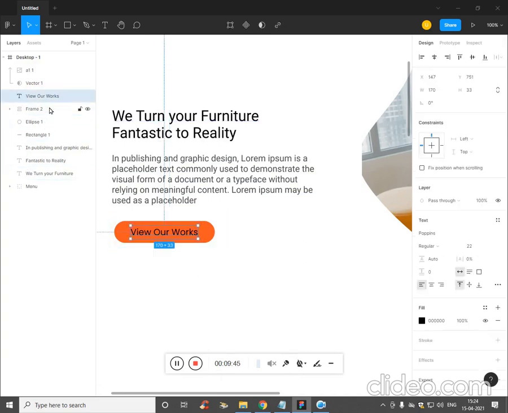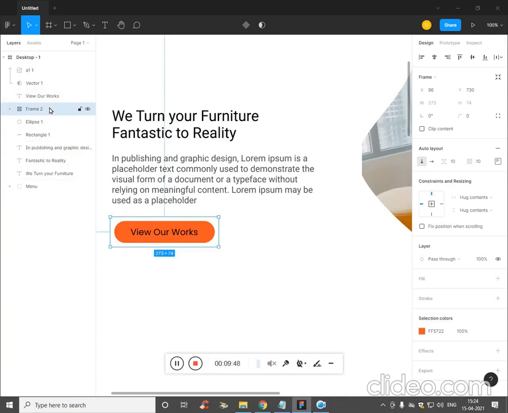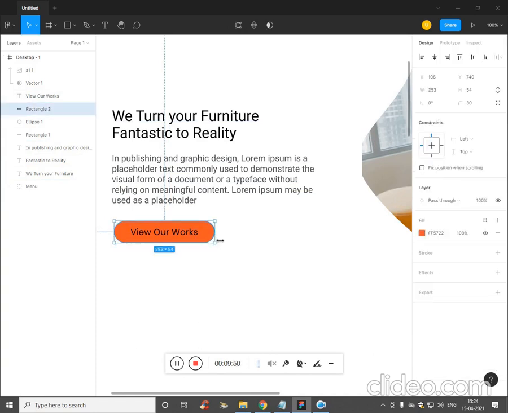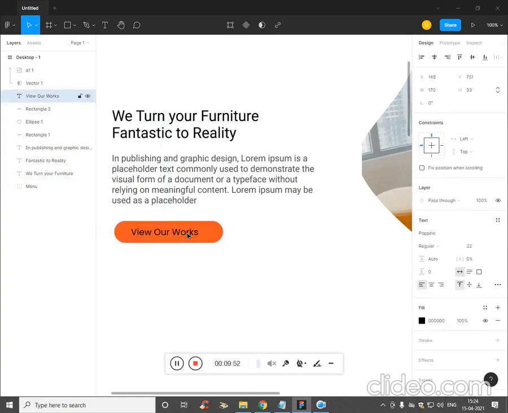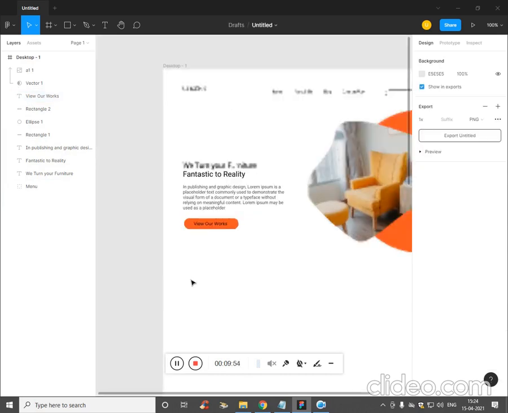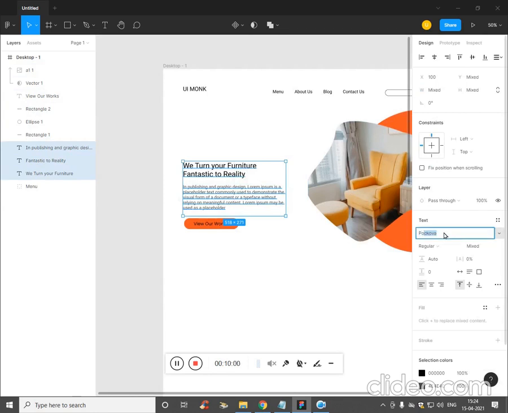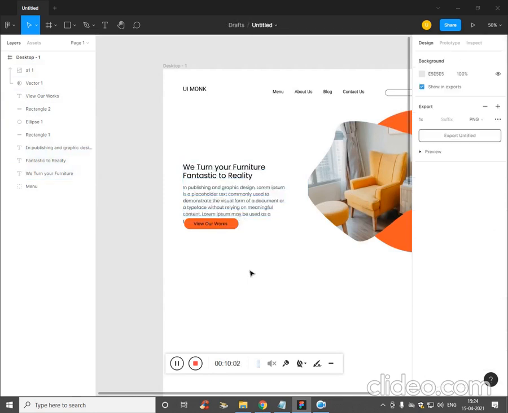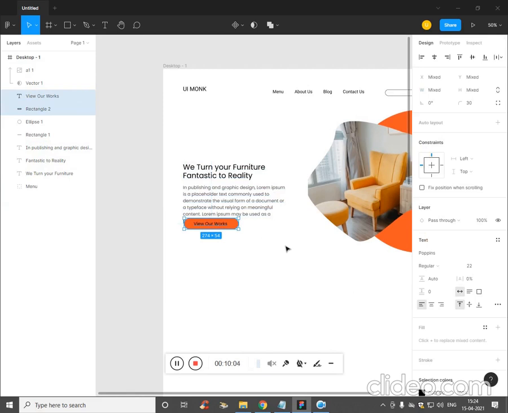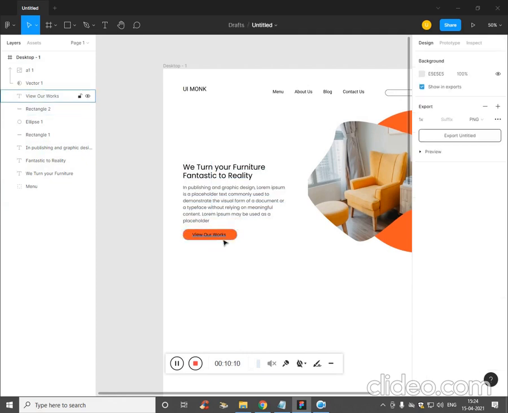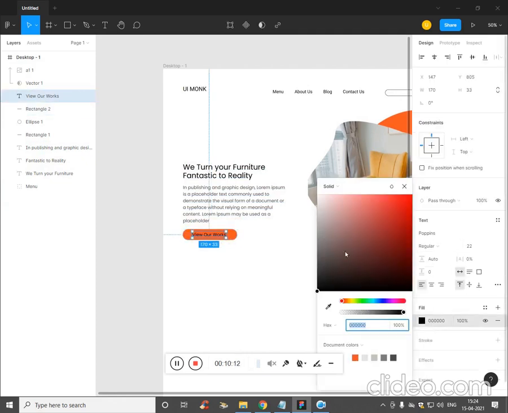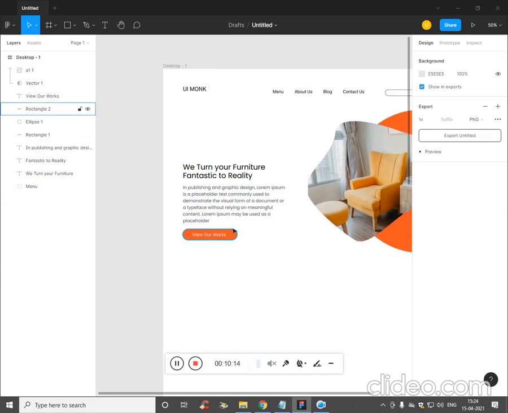We'll get out of the frame, as that would cause unnecessary issues. Zoom out, select all these and make it Poppins. Zoom out and align the space properly.